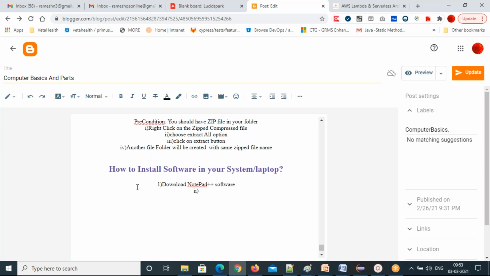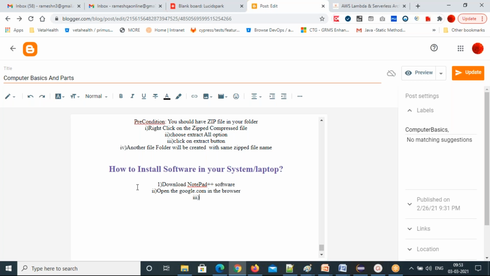You just open the Google website, google.com in the browser. We are going to ask Google to give the Notepad++ software. It will give us. Open google.com in the browser.